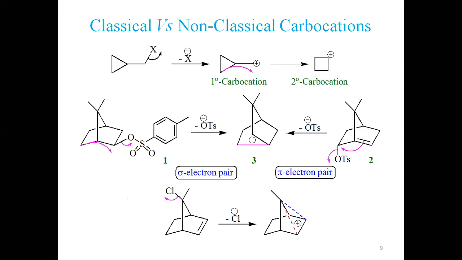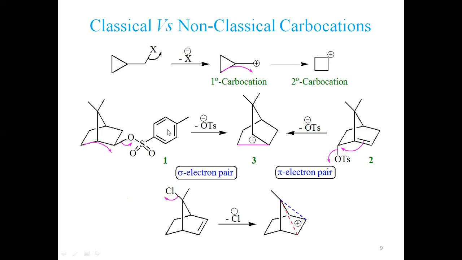It is a 49.47 degree difference. It is strained. So this is the reason three-membered rings are unstable and this one is more stable. One, this is a primary carbocation. Second, this is a secondary carbocation. Similarly, this has more strain, this has less strain. So this carbocation is much more stable than this primary carbocation. That's why this cation is stabilized by a sigma bond electron pair, and that's why this is also a non-classical carbocation.